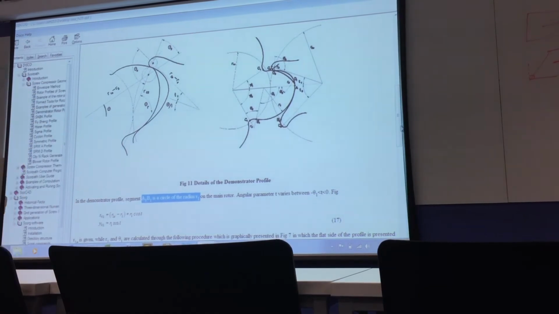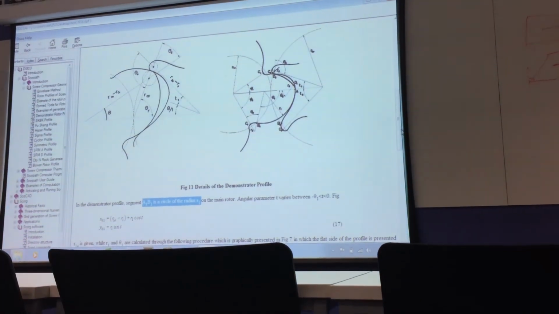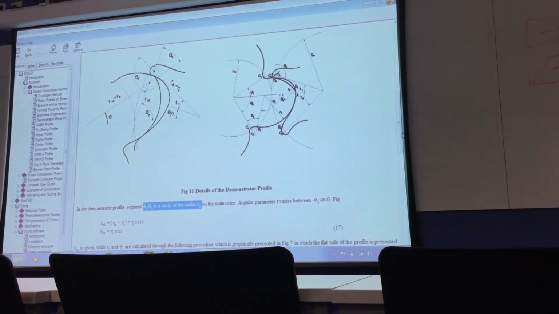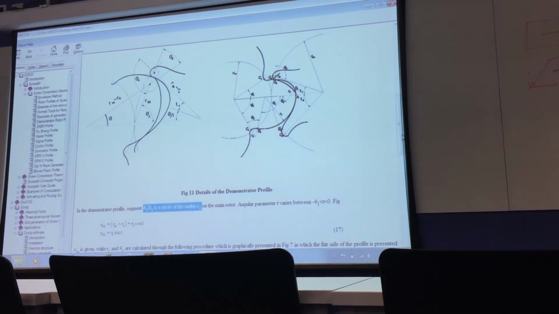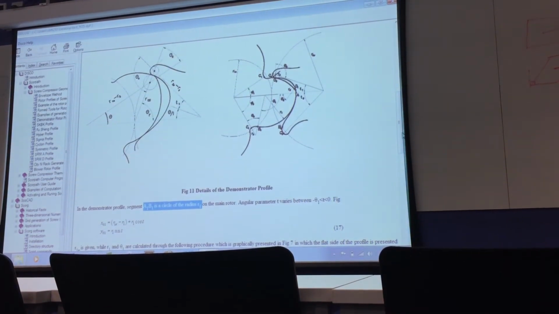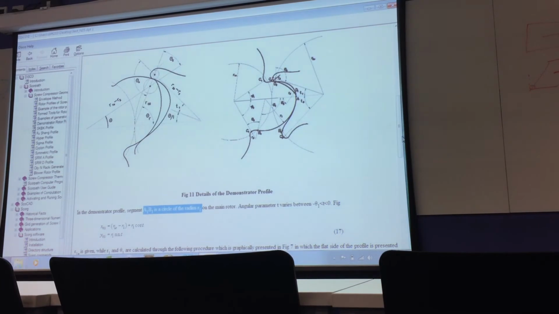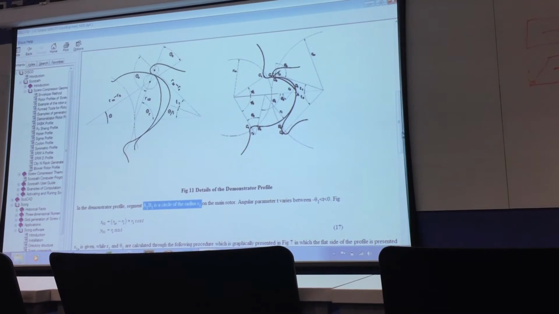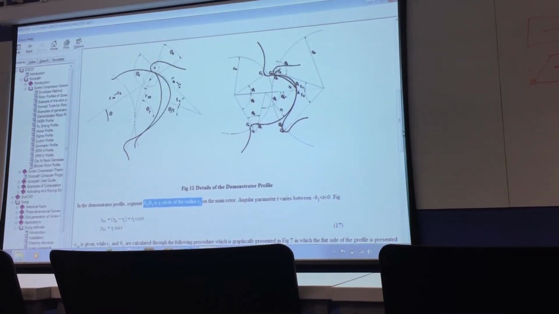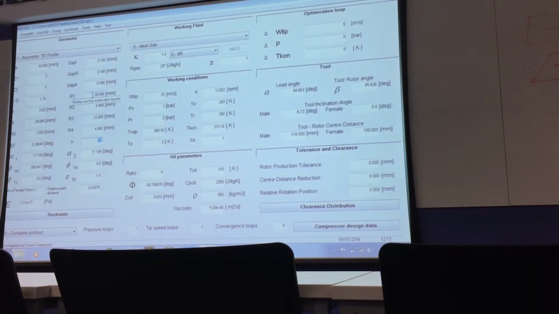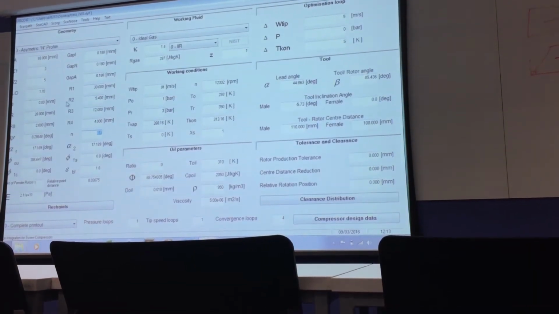Okay? And R1 and R2 are going to control the thickness of the vein or thickness of the lobe. It will have a direct influence on the cross-section area. R3 and R4 are like local radiuses. They will have influence on the blowhole area. Okay? How they influence is up to you. You have to study and see how they are influencing. If you reduce R3, then what is happening? If you reduce R4, what is happening? Okay? So I'll leave everything default for now in terms of geometry.